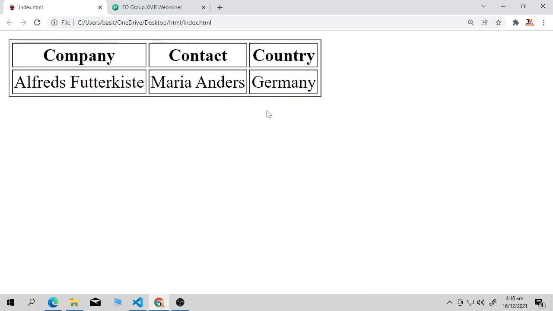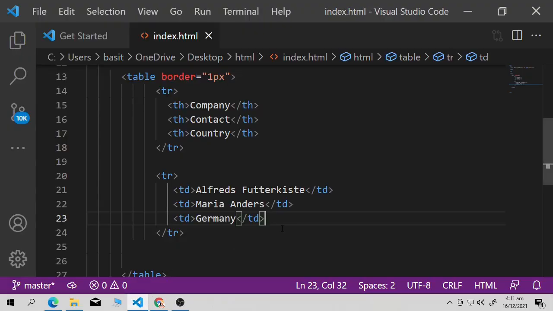To show multiple data, you have to create multiple rows. How much data you want to show in your website in a table, you have to create rows for that. So let me make 2 or 3 rows. You know the method of how to create rows, so I'm skipping the video.